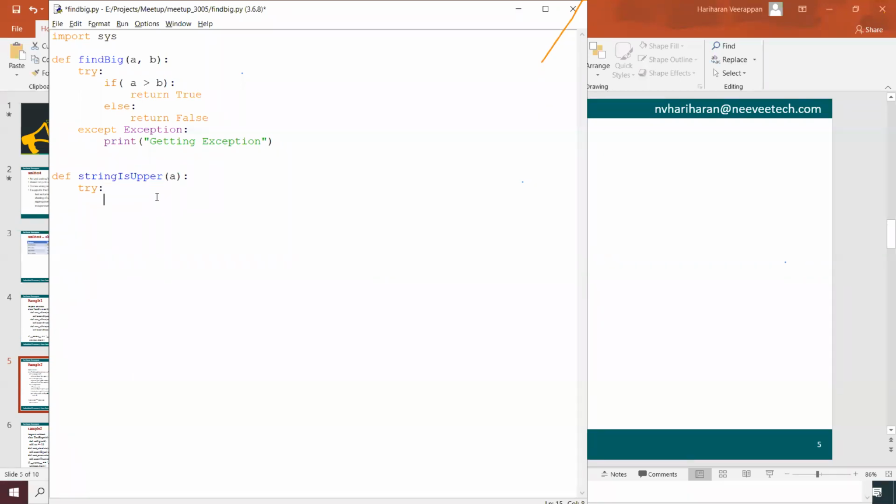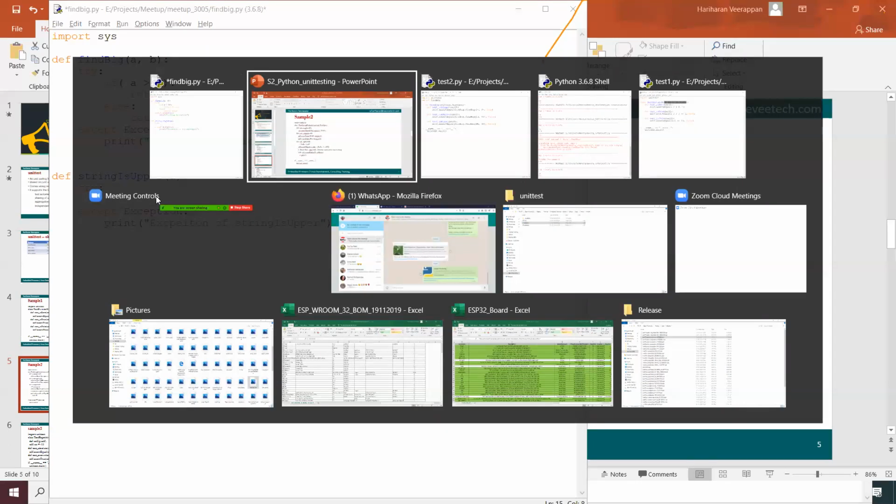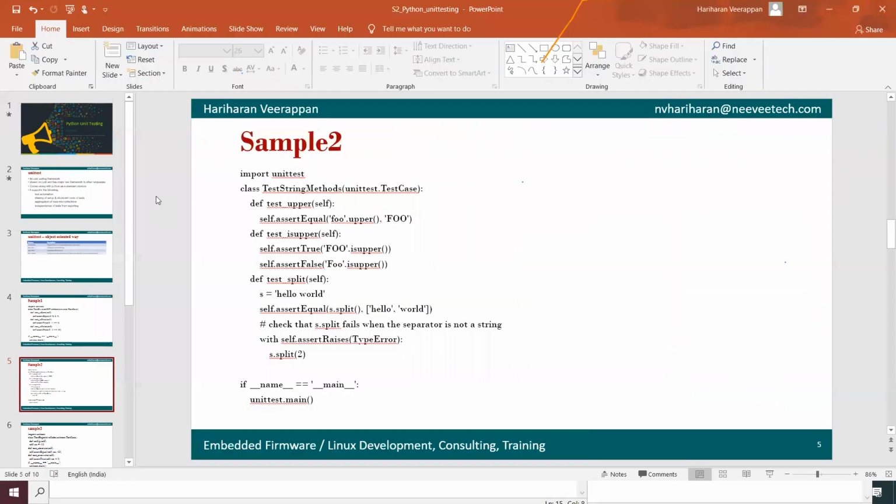I am writing this function, and then I'll print the exception on string is upper over here. In order to test whether the string is upper or not, we can use the method called string.upper.